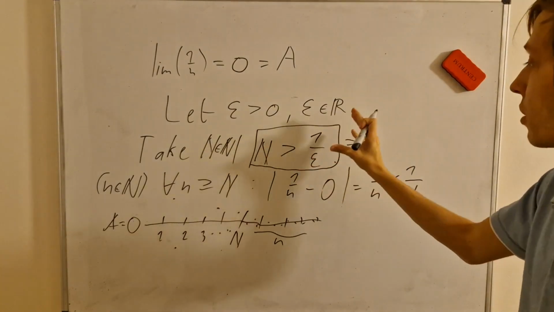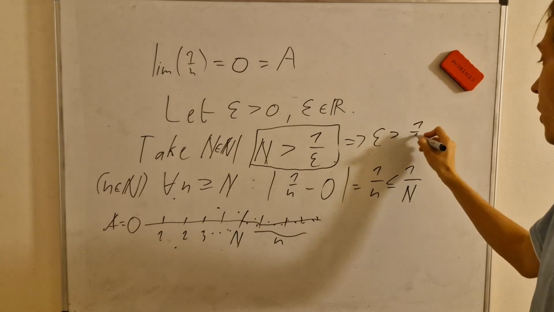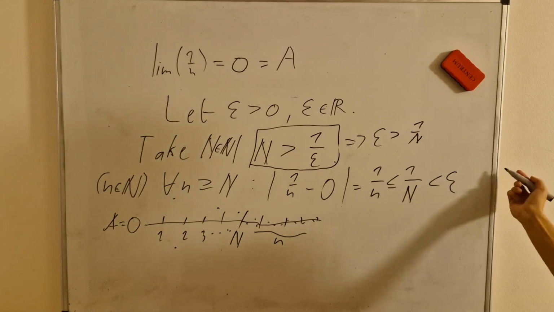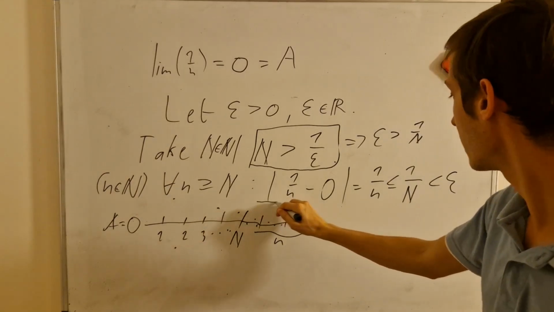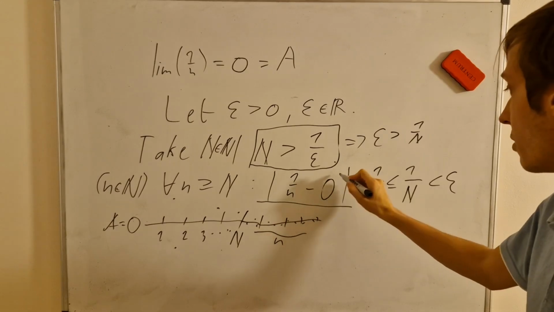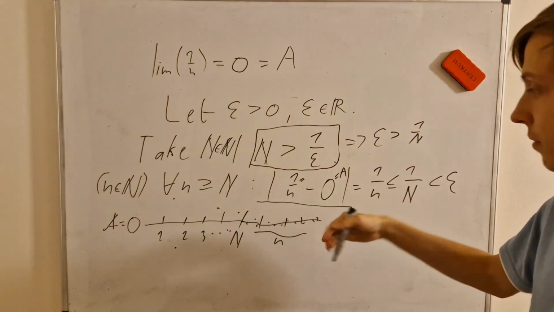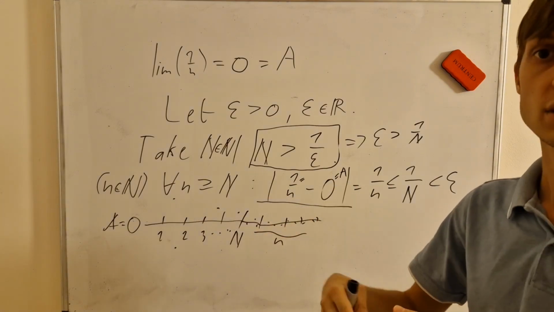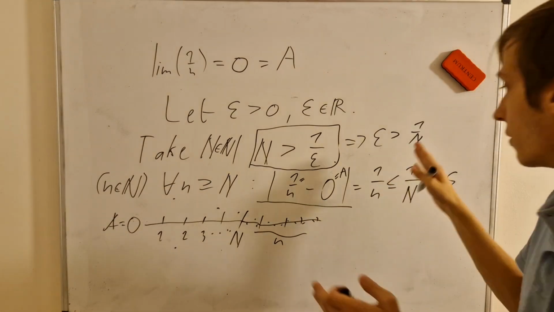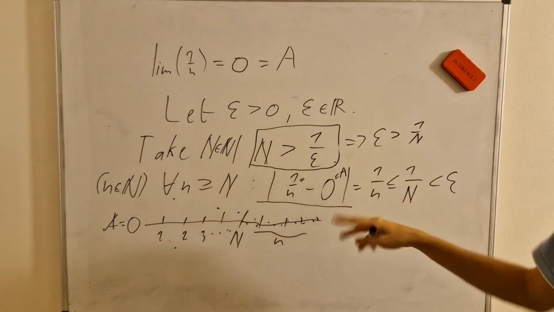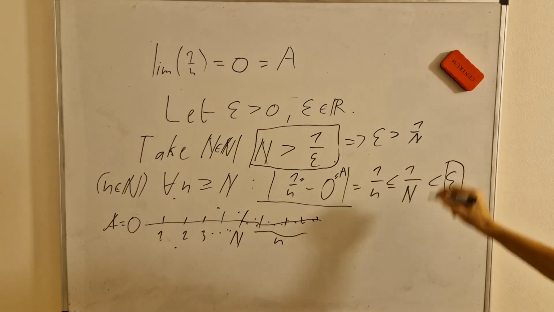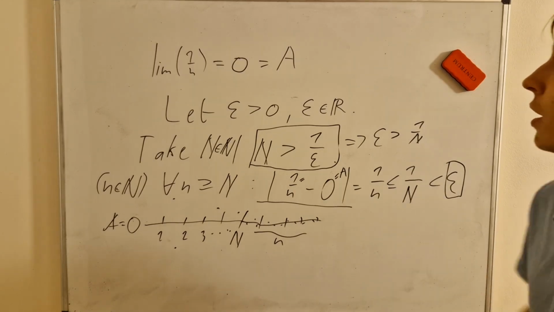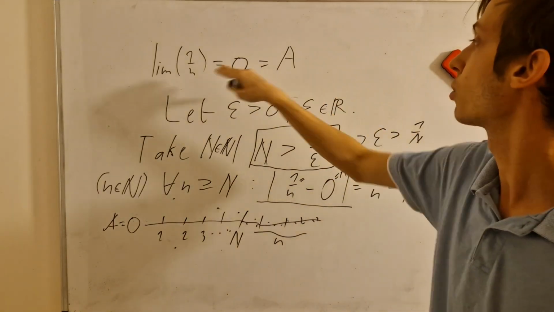Also from this choice stems another inequality that will finish up the proof. If N is higher than 1 over epsilon, that means epsilon is higher than 1 over N. And that's useful because 1 over n is smaller than epsilon by that. And that's what we wanted to get: that the difference between the limit value, this a here, and the sequence beyond some level of natural number inputs, will be very, very close to that limit value 0. So hereby it's proven. We got that epsilon is higher than 1 over n minus 0. Therefore, the sequence as n goes to infinity will converge to that value 0.